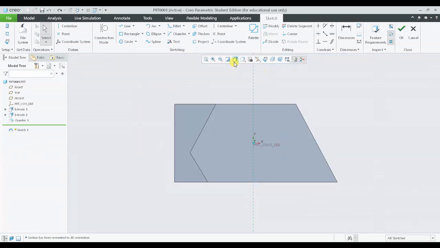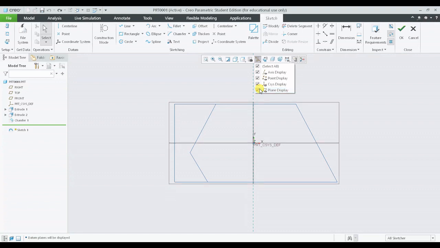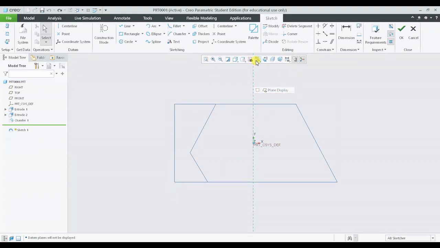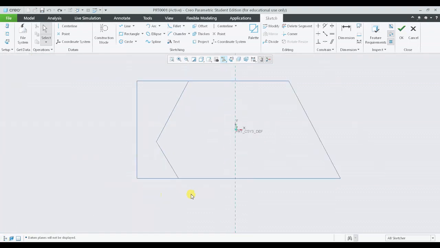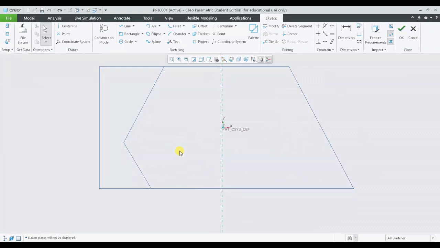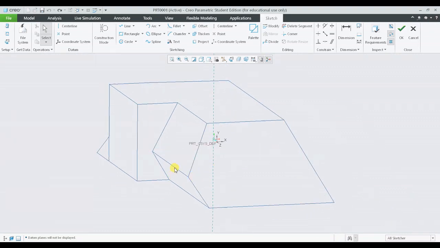First let me change the view to no hidden, because you can easily understand, and I have also hidden the plane so that it is very clear for you on the screen. And if I want, I can expand or delete or hide the total model tree by clicking on this option, so you can get a clearer view of the geometry. So we have this geometry ready with us, and this is the edge or the chamfer created using the O by O option,